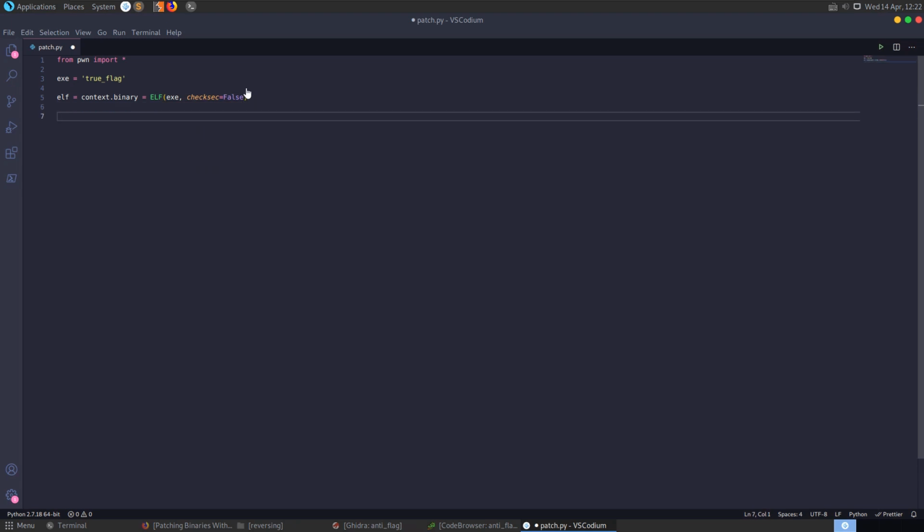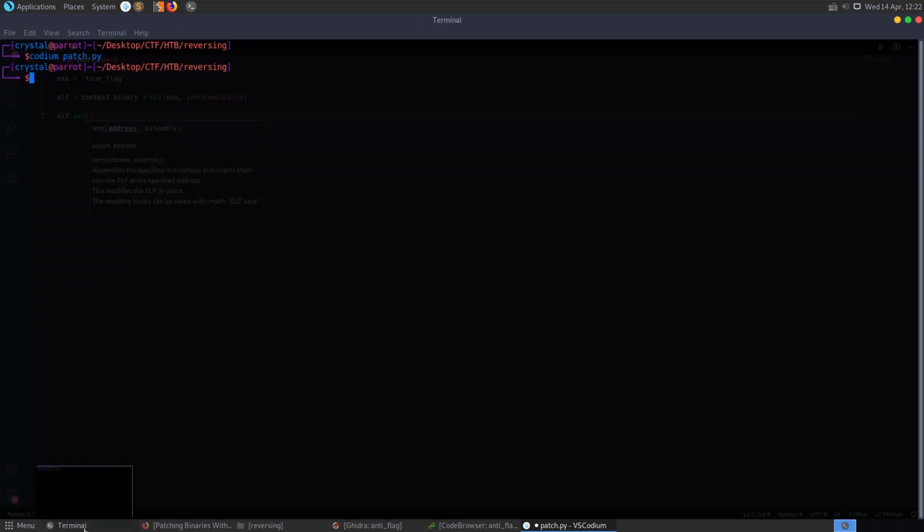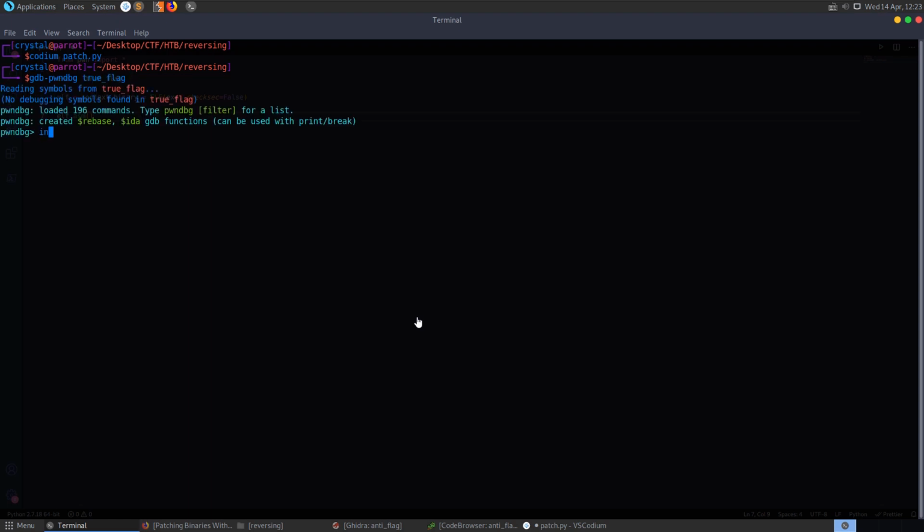We want to patch out ptrace, so what I'm going to do here is just put elf.asm, and you can see here that asm is going to take in an address and then some assembly instructions to write over that address with. The address that we want to overwrite is the ptrace. So let me quickly go back and open up GDB with pwndbg, and we'll open up true flag. If we go in here and have a look at info functions,